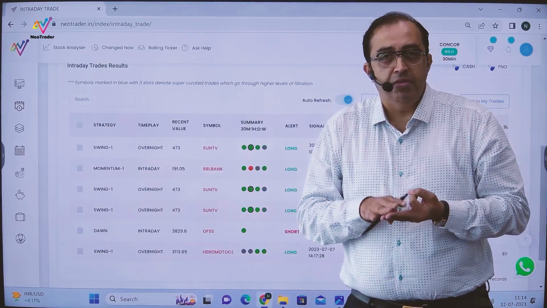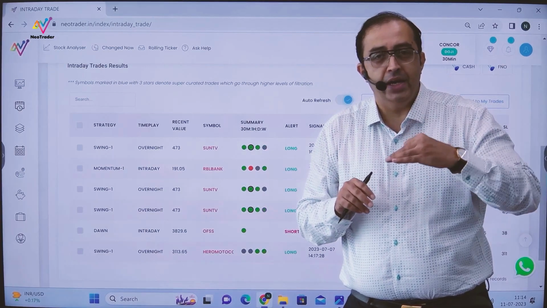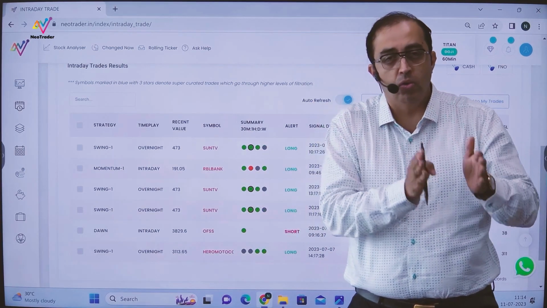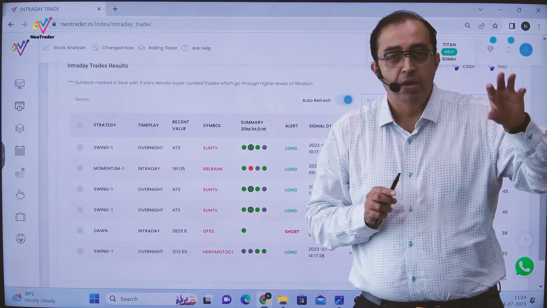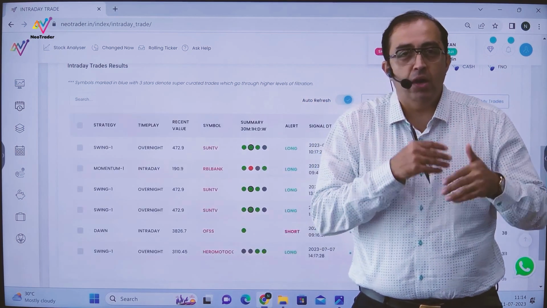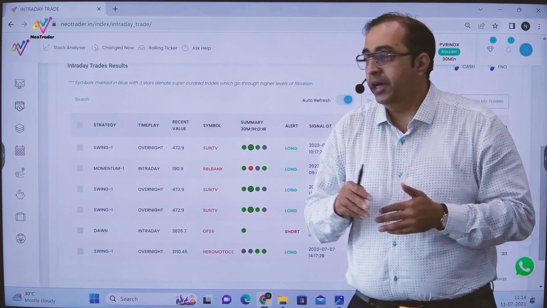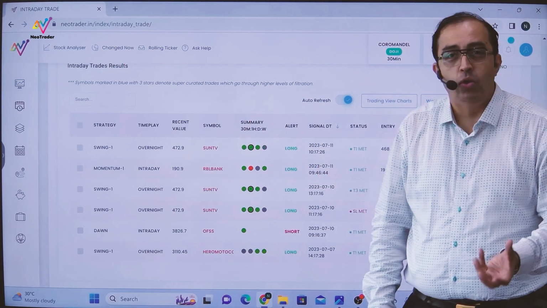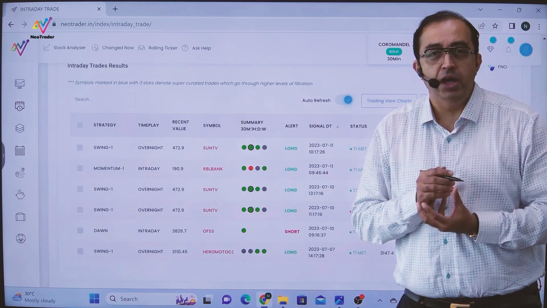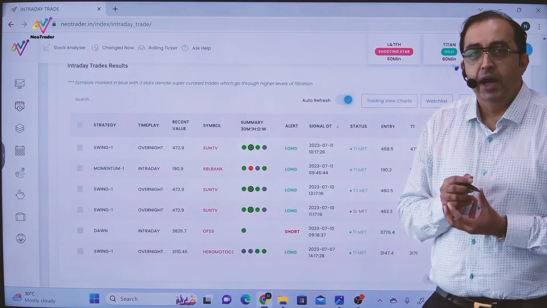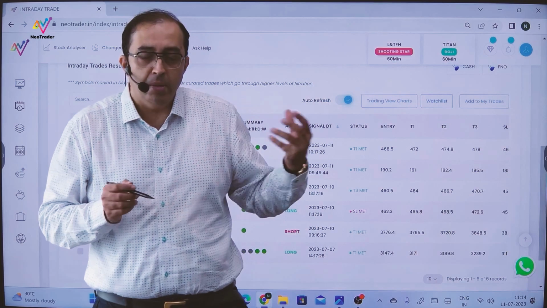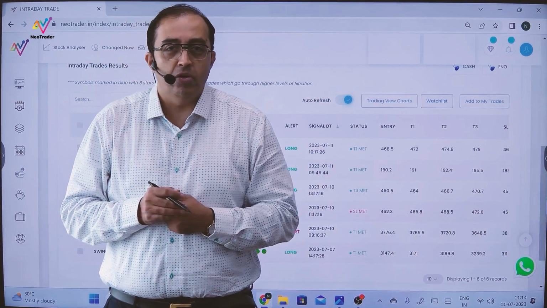And C, from the intraday page, you will get a ready-made trade, which you have created from your own universe, which you have created from one particular tool. So this is how you can mix and match and pull it up in the intraday trade page and create your own set of trades. That is the beauty of NeoTrader. And now when you use the Camarilla page, you can come up with these sets of combinations.